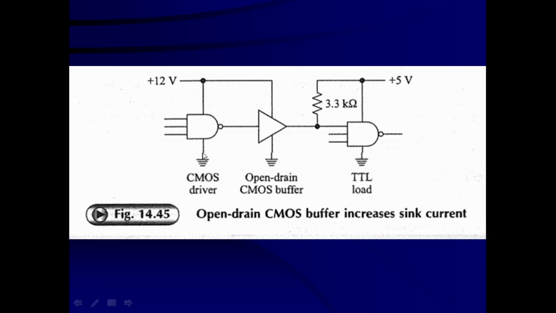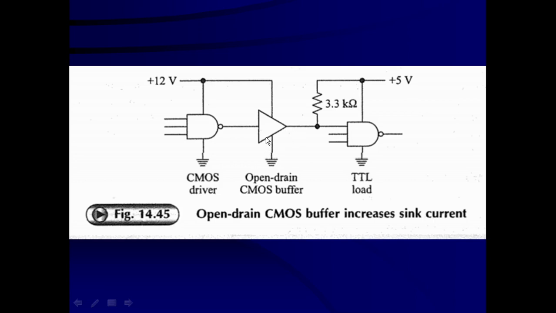Now here both are CMOS devices. CMOS devices run best with 3 volt to 15 volt, and the best range is between 9 to 12 volt. So the CMOS driver as well as the CMOS buffer are both connected to the supply pin of 12 volt. The output of the CMOS buffer is an open drain. That means its drain terminal is floating, so it has to be connected through a pull up resistance to a voltage.